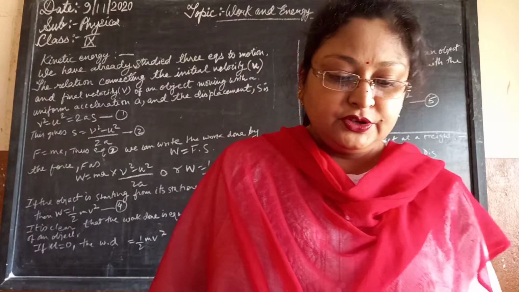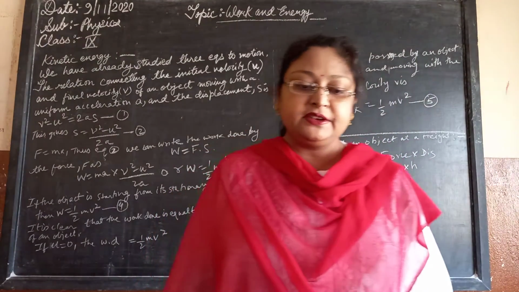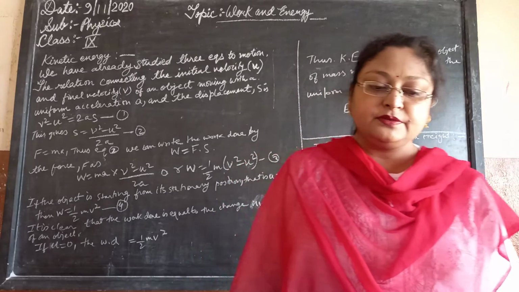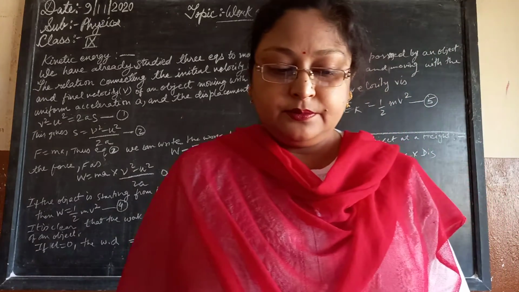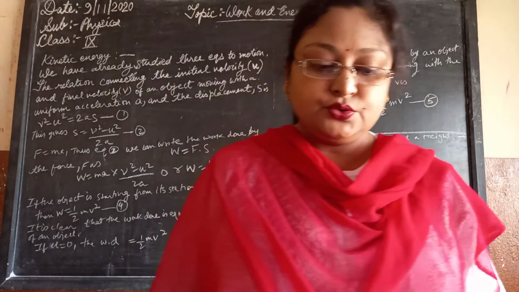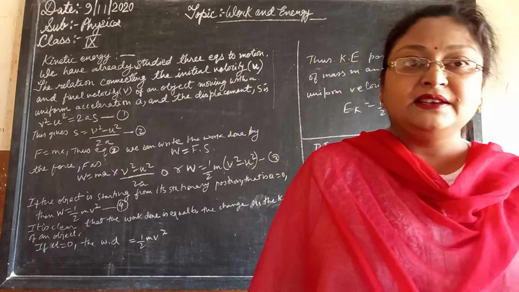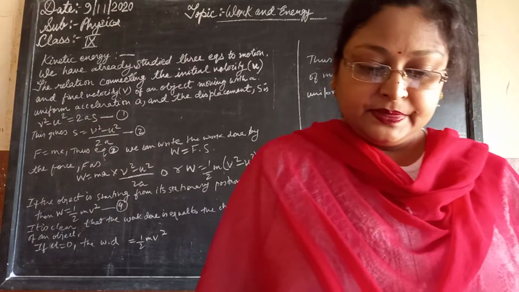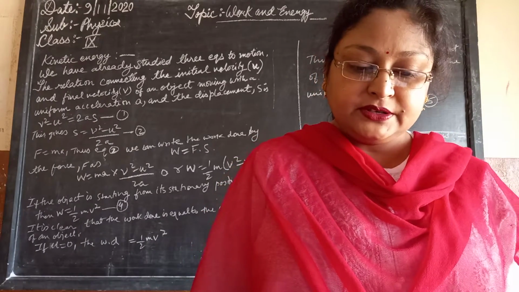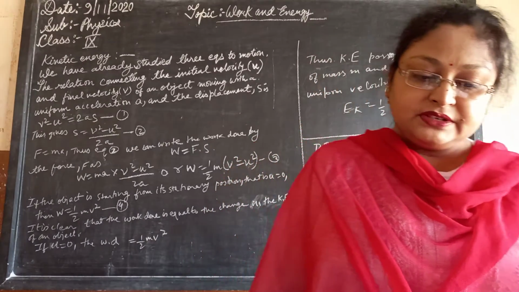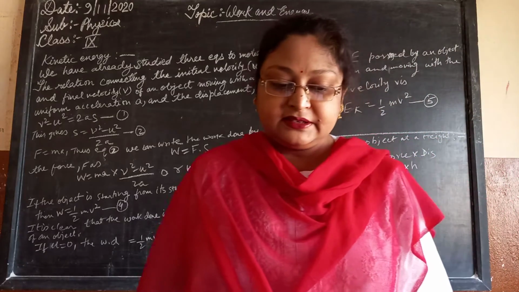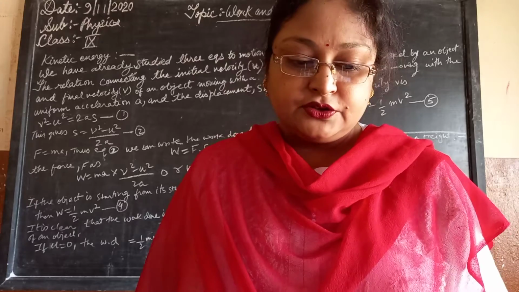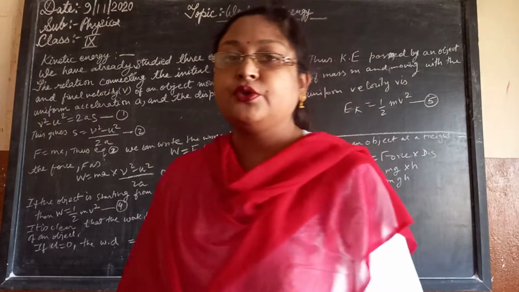Now, the commercial units of energy. The commercial unit of energy is 1 kilowatt hour, which is supplied to our household for making use of fans, electricity for appliances and for household uses. 1 kilowatt hour is equal to 3.6 into 10 power 6 joule, which is given by the electric supply to use it in various forms. So this is how this particular chapter is going to end.